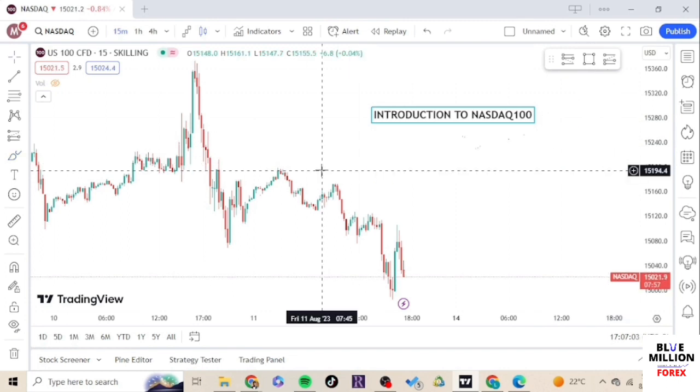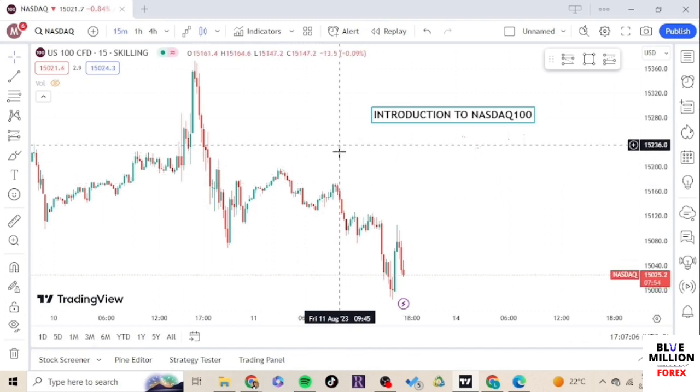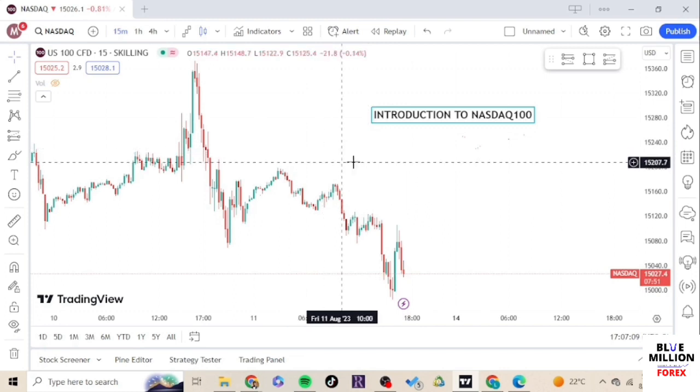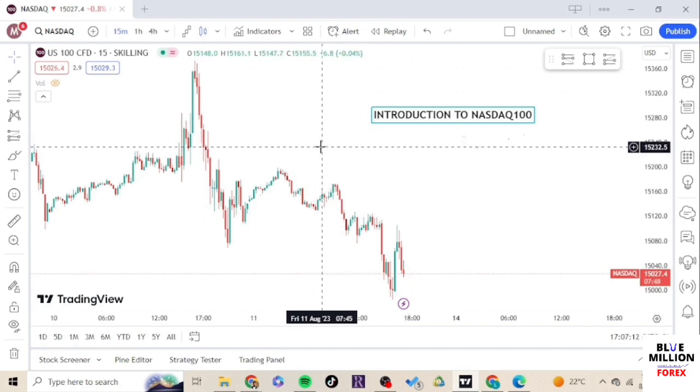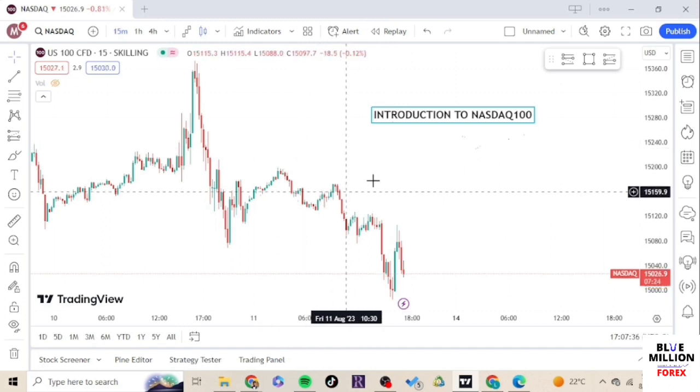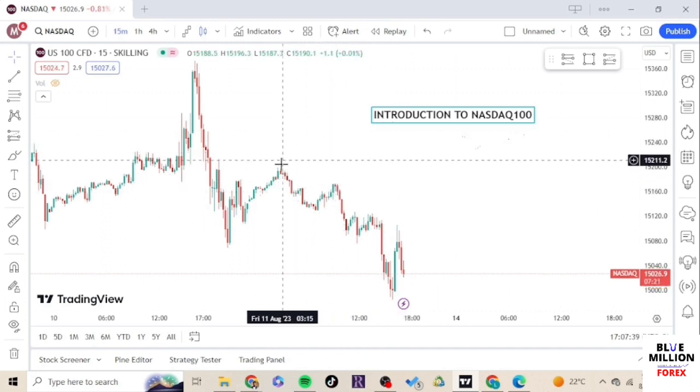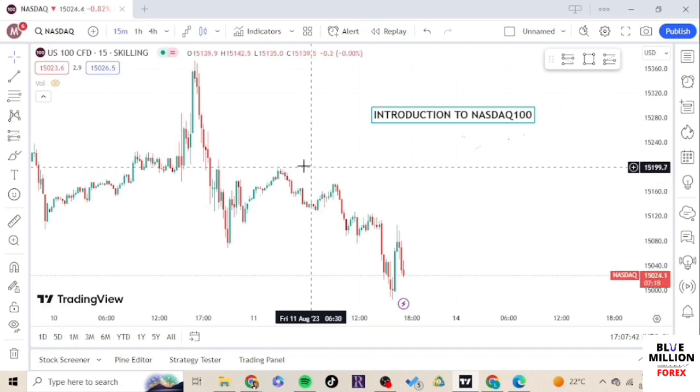Okay, so to start off the video, I'm going to give a background on the definition or the basis of what NASDAQ is. The NASDAQ 100 is a stock index comprising 100 companies, well actually 101, of the largest non-financial companies listed on the NASDAQ stock exchange, like I said in the beginning. These companies span various sectors, including technology, consumer services, healthcare, and more. What sets the NASDAQ 100 apart is its heavy focus on technology giants, making it a hub for innovative and